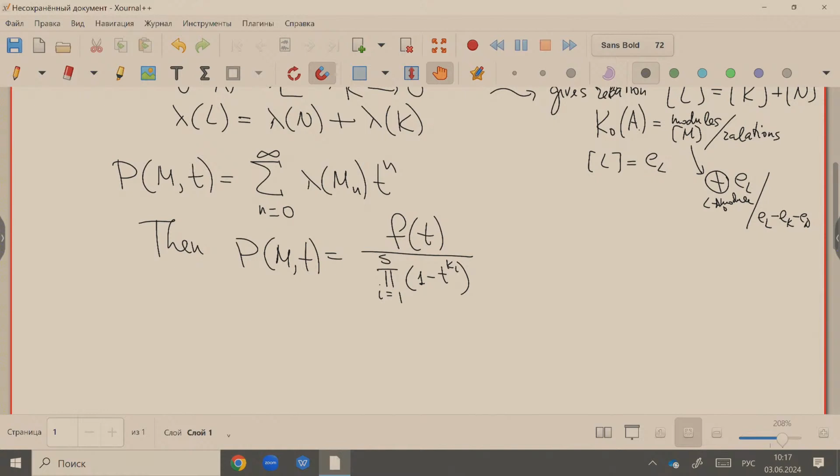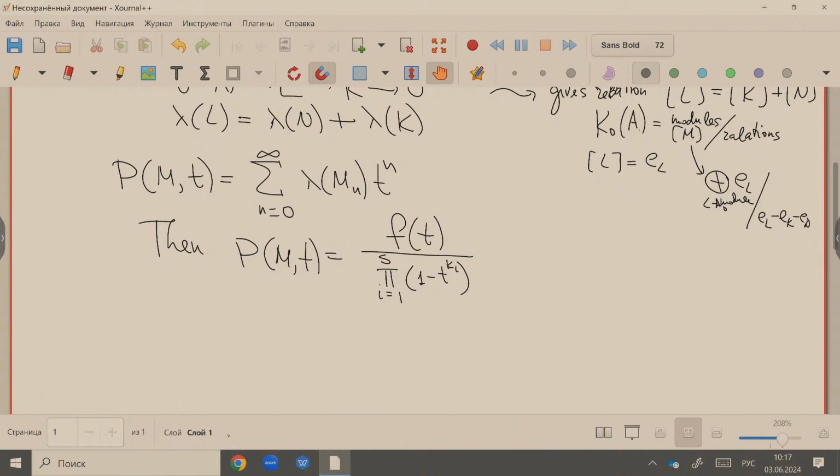That means that in the series you should increase the number of t for the same type of module, and this means that in this function the degree of f of t will be moved, and that's why there is no reason to bound f of t without an a priori assumption. And now, what we have also done at the end,